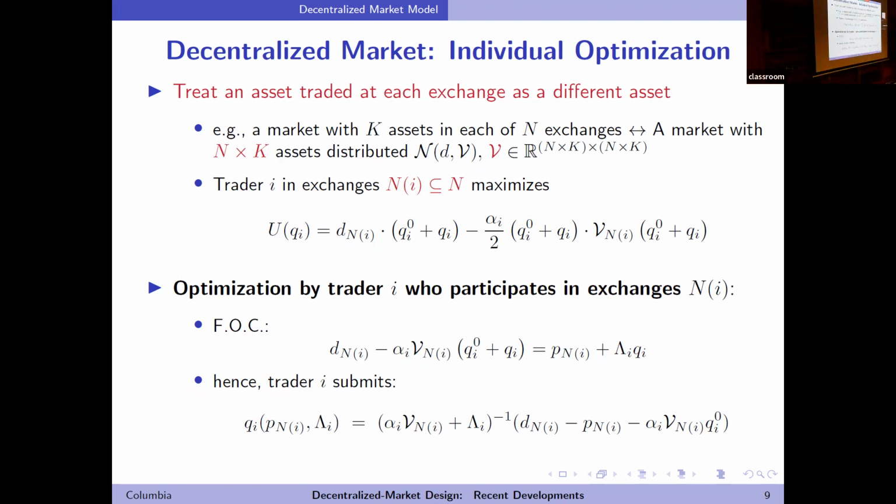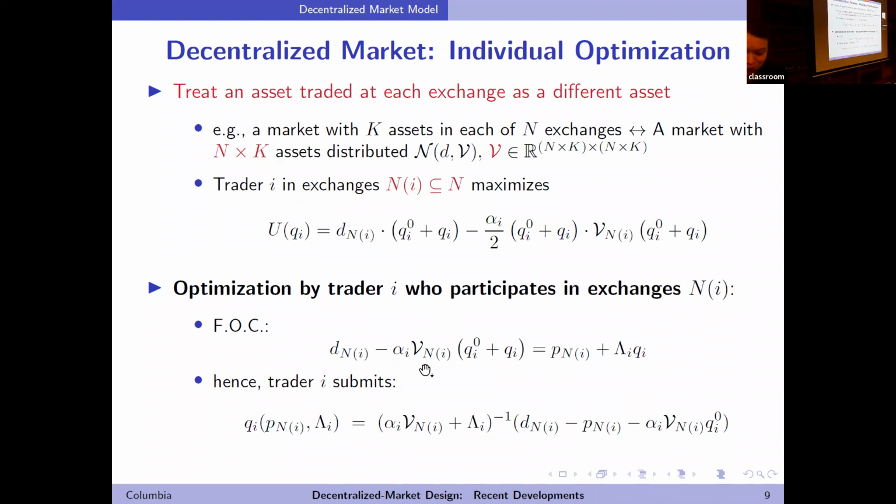So D is the mean of the assets, but just like we constructed the subscript V, we also reproduce D for all of the assets traded in all exchanges in the market. Right, I should have said that. Okay, yeah, it's the same. Right, I forgot about that.